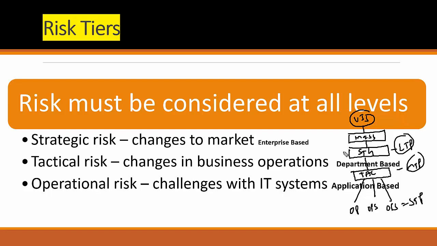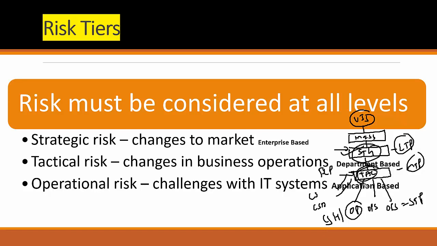One example: strategy says that we need continuous availability. Okay, we want to go for digital transformation and we are looking for automation. We're going for a cloud solution. That is my strategy. Based on that, I adopted the BCP, I adopted the cloud solutions, I adopted the cloud architecture. That is part of the tactical. And because of that, I implemented the hot site or cloud site and all that. That is operational.